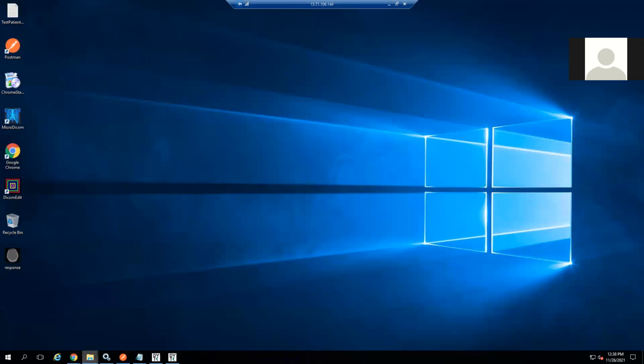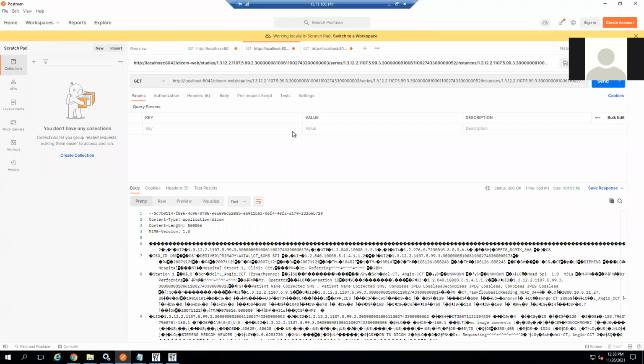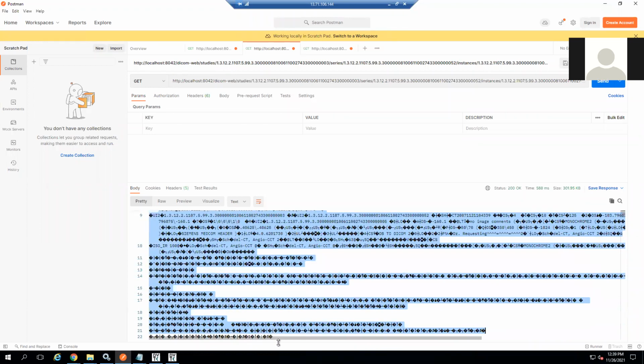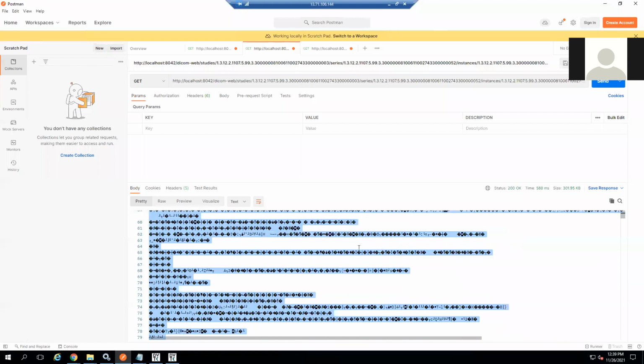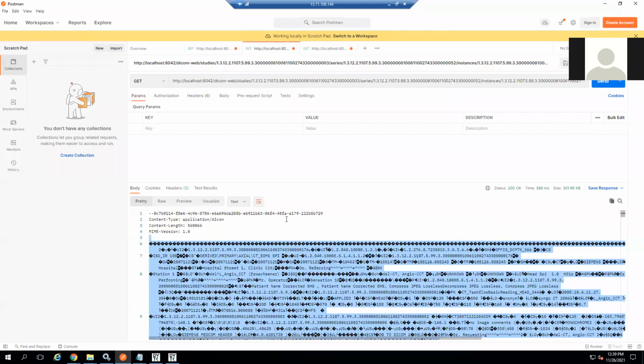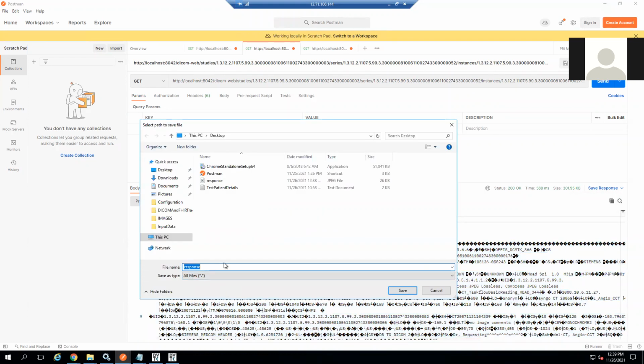And the other thing, if you see here in Postman, the other URL retrieves the binary data for me. Okay, here it is the header and this is the complete DICOM object which has come over here for me. Got it? So this also I'll show you how to do. Programmatically we can do it, but here I want to show it manually how to do the things. I'll save the response.